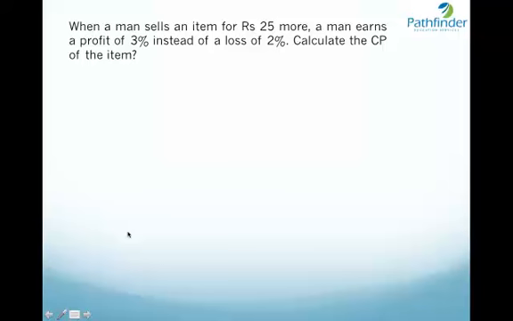Let us solve another question. When a man sells an item for rupees 25 more, the man earns a profit of 3% instead of a loss of 2%. Calculate the cost price of this item. Again, a similar question. There are 2 selling prices in the question. One selling price where the man incurs a loss of 2% and the other selling price where the man gains 3%. So the initial selling price where the man incurs a loss of 2% is equal to 98% of cost price,